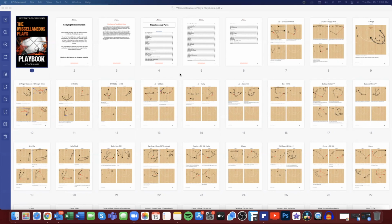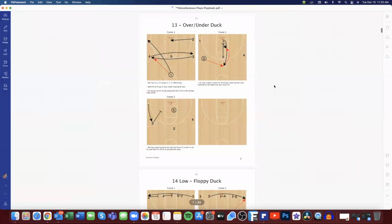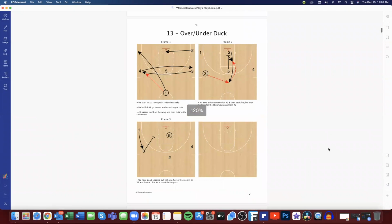And I just want to give you one quick glance here. I'll blow this up so everybody can see. This is our over-under duck that comes out into a 13 setup. You can see this is our over-under action, but it could also be an Iverson cut here. But I just wanted to point out, not necessarily the play, but more so you can see